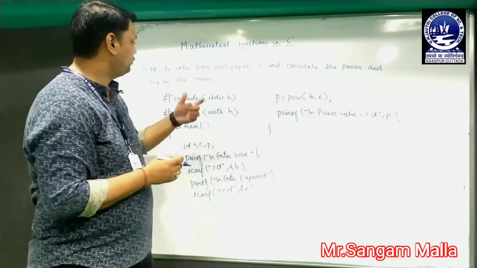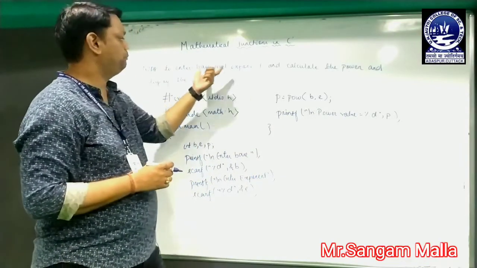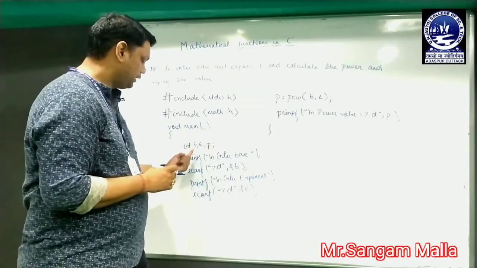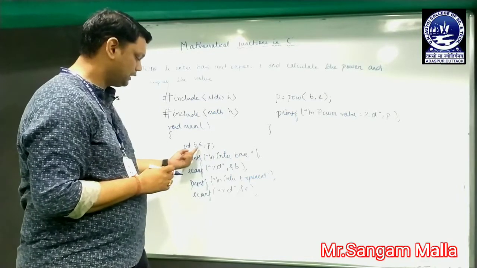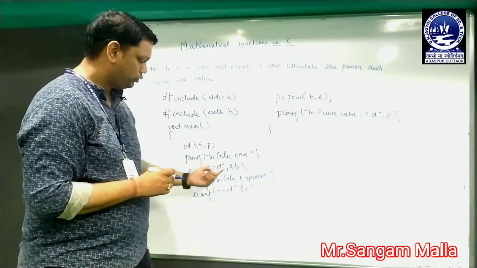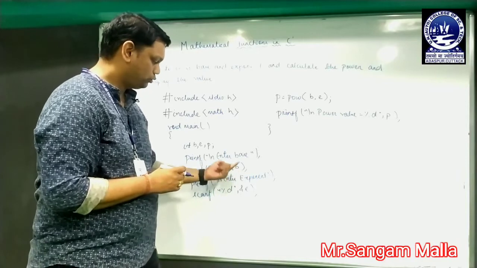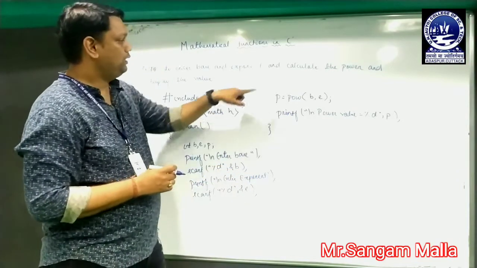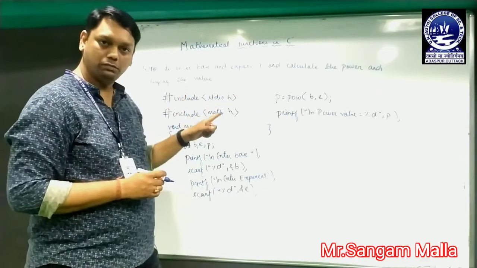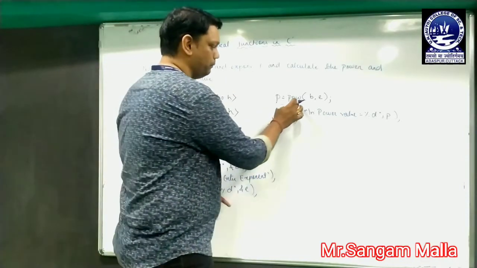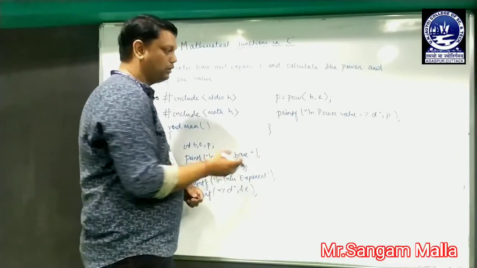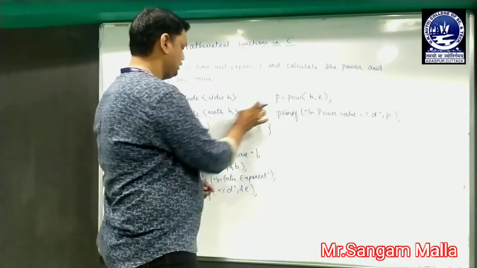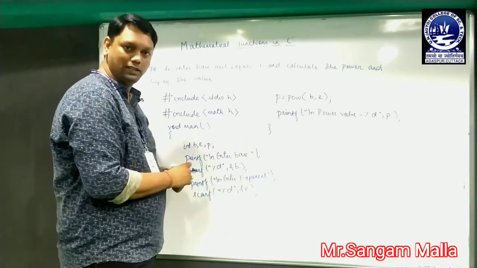So as per the requirement of the program, we have to enter base and exponent. So I have taken b and e for storing base and exponent respectively. So you can see over here, b is used to store the base and e is used to store the exponent. Now I have to calculate the power and we have to display the value. So in order to calculate the power, we should take the pow function, which is a special function of the math.h header file.